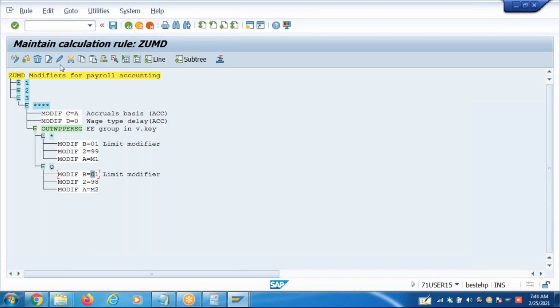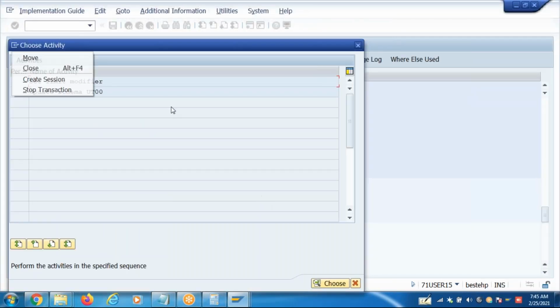So the limit for the contractors is 50% of the gross. The limit for the permanent employees is 8,000. So a fixed amount I'm applying for permanent employees. Rule value I'm going to apply for the contract employees. So you will understand where this 01 and 02 is used. That's what these two windows are. You do not have to modify here. Directly you can go to PE01 and then go to that PCR and modify it.